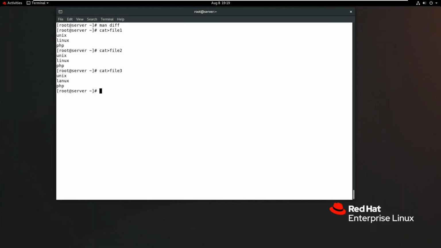Then how to differentiate lines? How to differentiate lines line by line in a file? Then we will use the diff command. In the diff command, for example, file 1 and file 2. I think file 1 and file 2 both are same. The content is same, right? So that's why the output is empty. So now no output